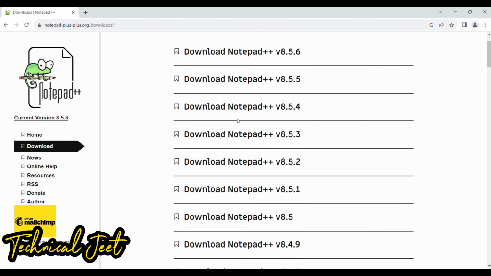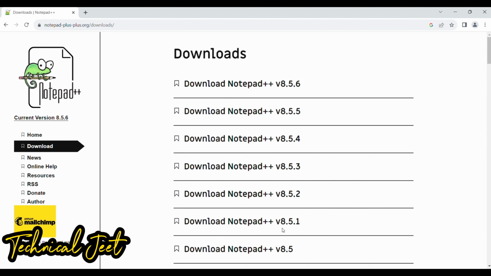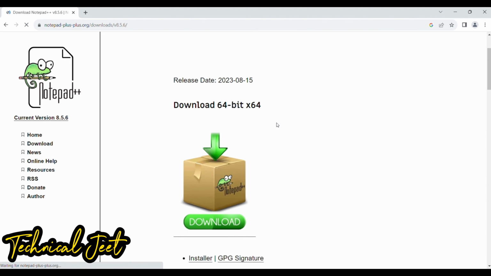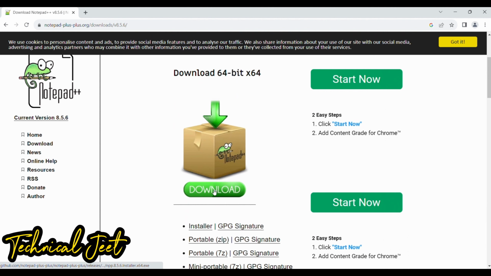You see there is a lot of available versions. Just download the latest version and then just hit download. Now you can see it's already downloaded. Just open this app,